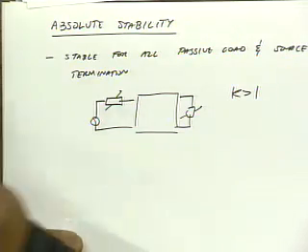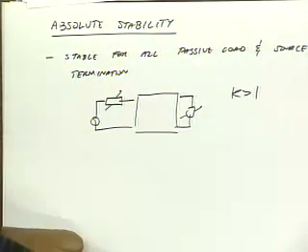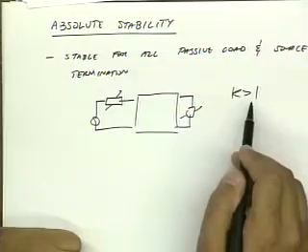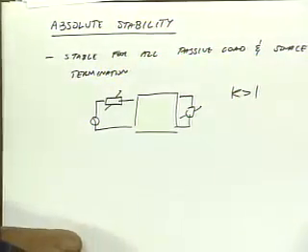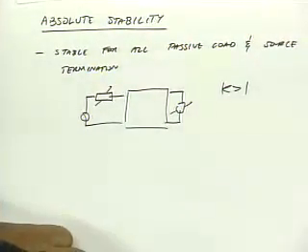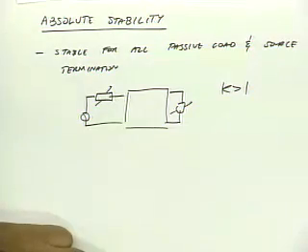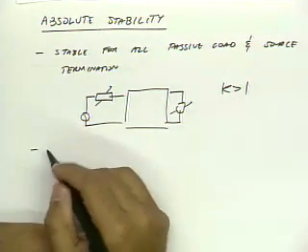So if you're designing an amplifier and you say, I want my amplifier to be stable, you might say, I'm going to make sure that k is bigger than 1 at all frequencies. And someone else might come in and say, that's really, really restrictive, right? I mean, in real life, you know the load, you know the source. So why not just check k stability for particular source and load impedance? Why check stability for every possible load and source impedance, right? And you're right. So this is a very conservative condition,